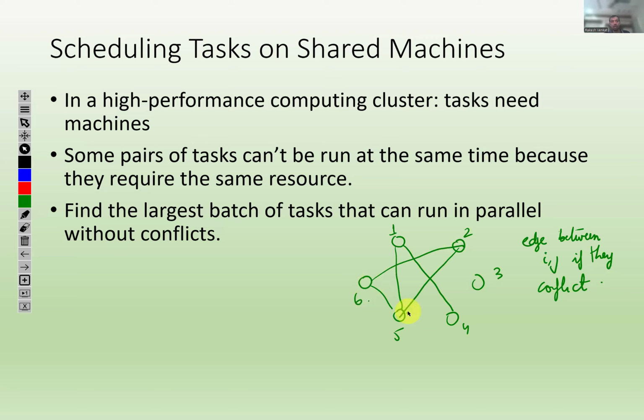Maybe 3 does not conflict with anything at all. It has its own set that it can run on, right? And now, if you find the maximum independent set in this graph, you would exactly answer the question that is asked over here. So this just goes to show that in case you're unfamiliar with these computational problems,